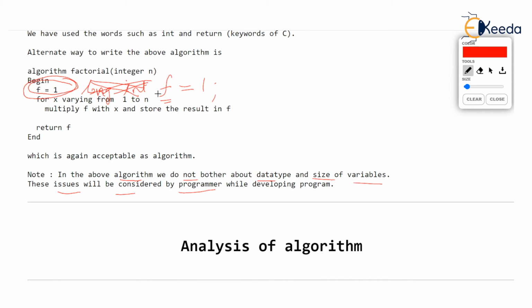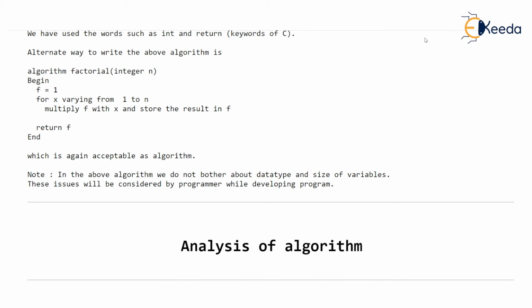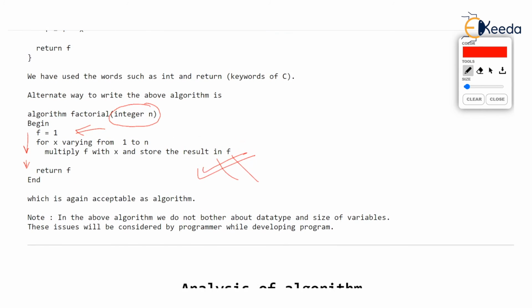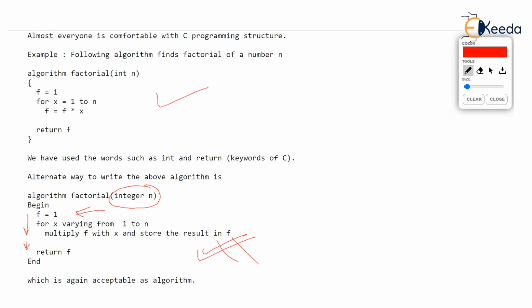Note, we have not even cared to declare f. That's the big point. Although n has been declared, n is an integer, we simply use the variables as you like. As they come, we keep using new variables, and then somebody who is implementing the algorithm will decide what should be the data type, how much memory that variable will take. Okay, so this is what is going to be our way of writing the algorithm. I hope you understand. No, I'm sorry, not this. We will be using C style, and mostly we are going to develop the algorithms in this fashion.